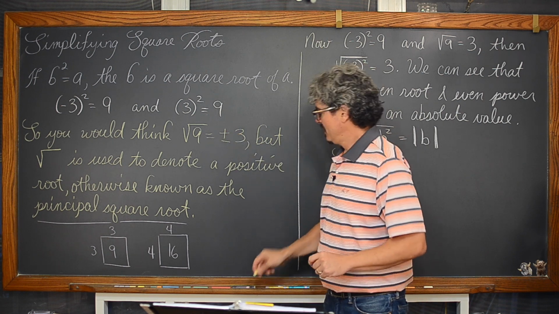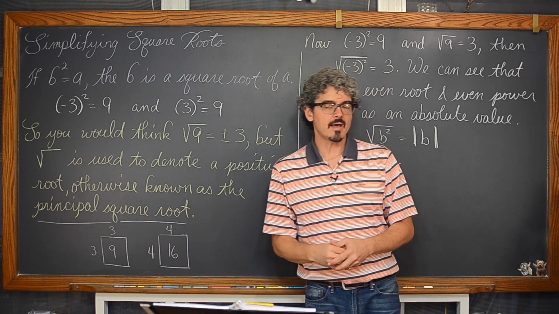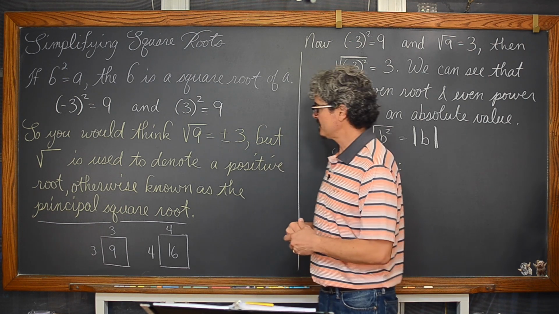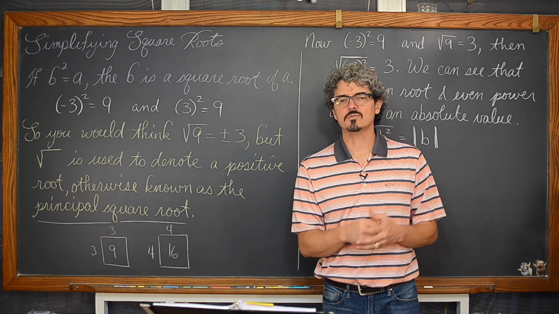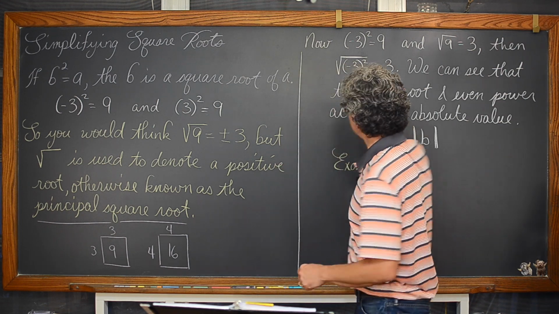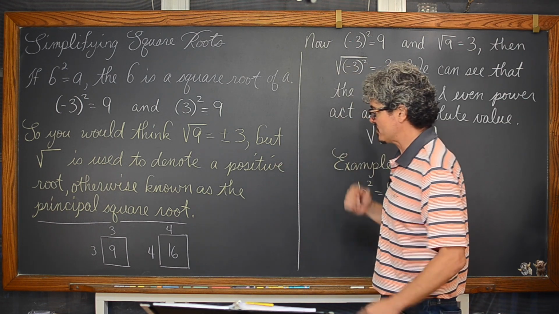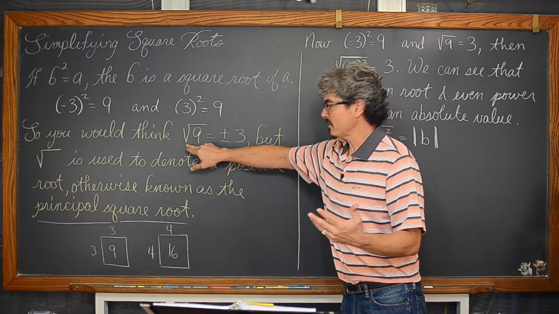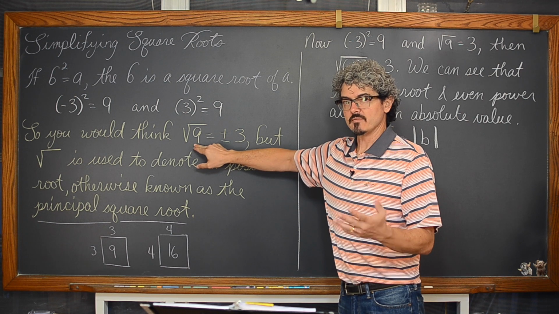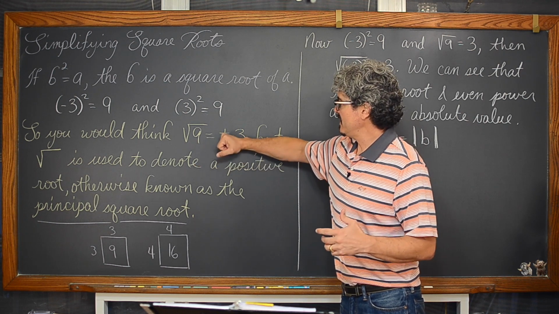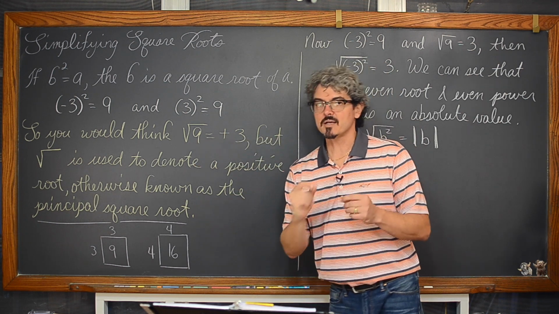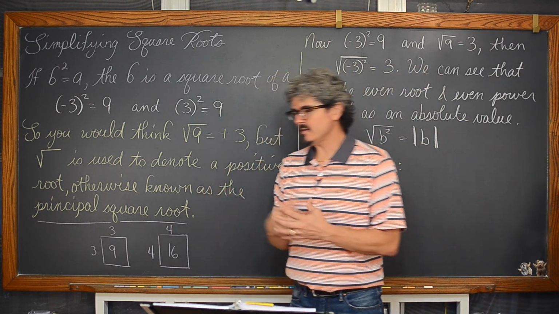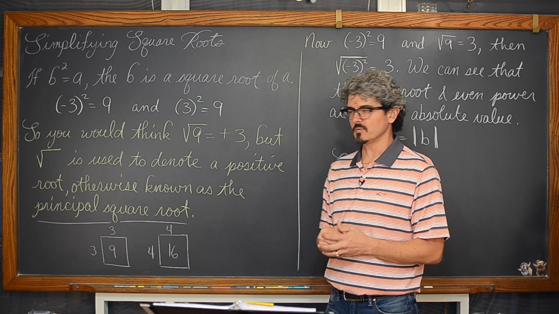Now there will be a time as you go through your studies of mathematics that when you square root a number, we're going to be looking for both the positive and negative answer, but that is going to be more when you're solving algebraic expressions. You'll see that here as we get to the second half of the page. But when you see in your textbook the radical or square root symbol, and there's just a number inside of it, you're not solving an equation, we're going to be looking for just the positive answer.